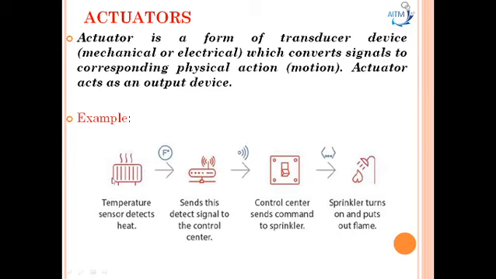The temperature sensor detects the heat, and after detecting the heat, the signal from the sensor will be sent to the actuator, and the actuator sends the detected signals to the control center here. This control center sends the command to the sprinkler, and the sprinkler turns on and puts off the flame here. So this is how the sensor and the actuator play an important role in embedded systems here.